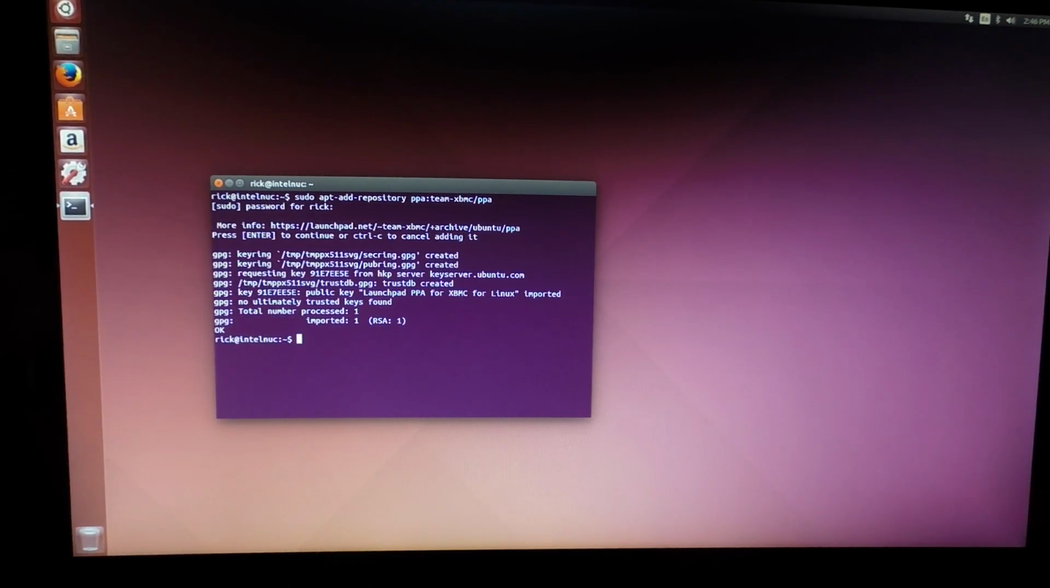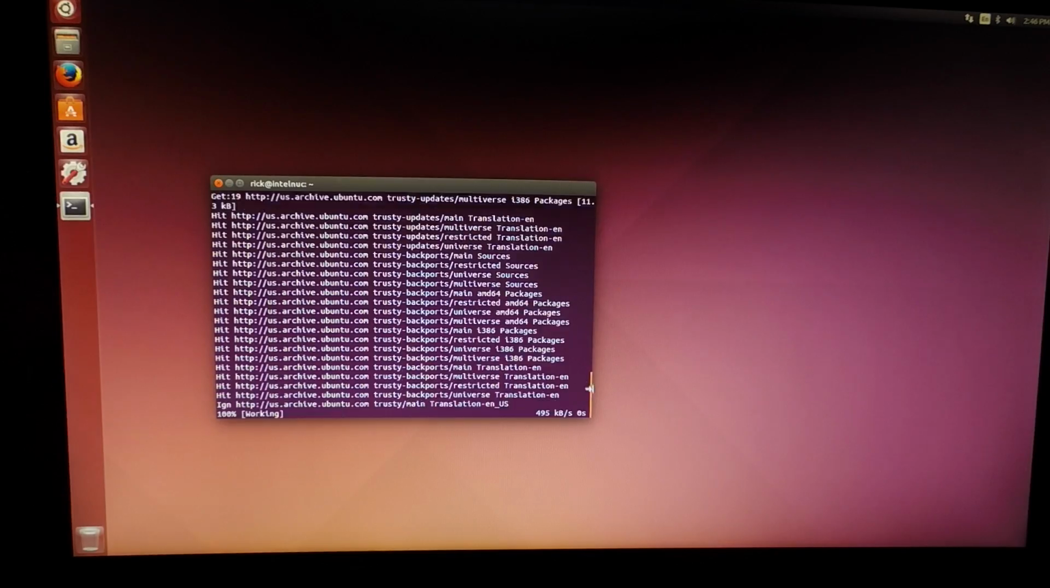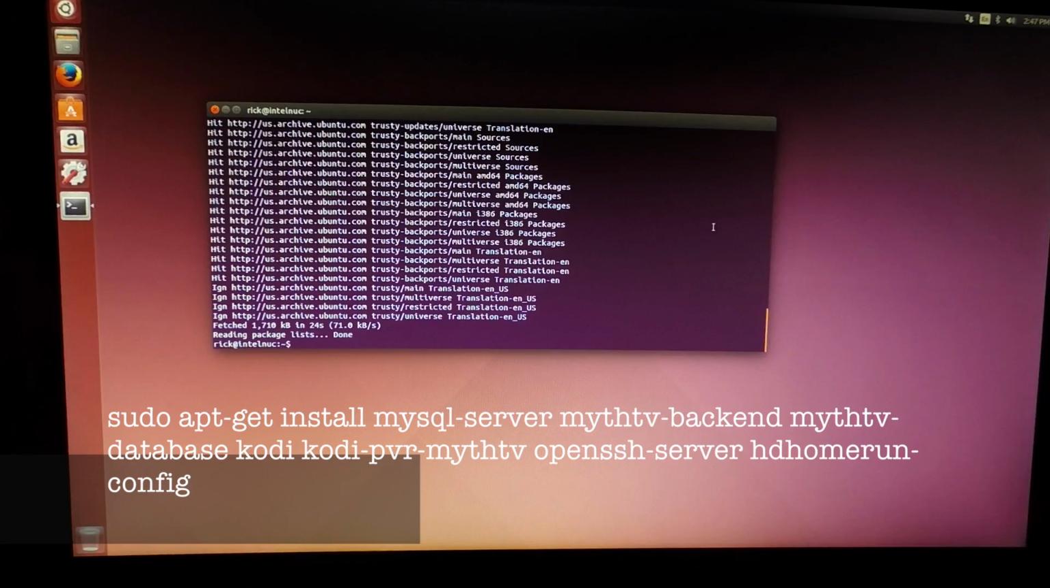Now that the PPA is installed, we need to do another update. So we'll say sudo apt-get update. Now we need to install the packages that we're going to install to set up this PVR. So we'll say sudo apt-get install